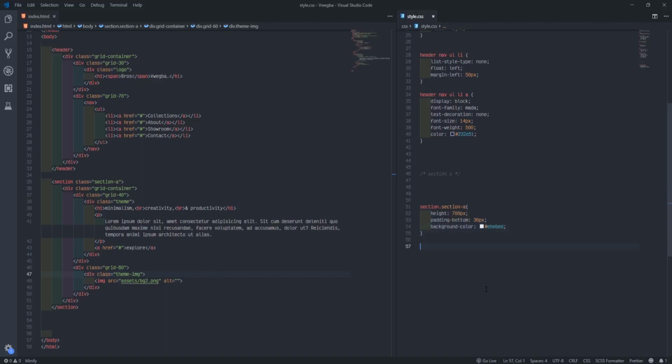So the next thing, I'll say dot section, section A. Inside section A, now look for theme, which is this div here. So I'll come here and say theme. Make sure this is a dot, because this is a class, so don't put a comma. If it's not a dot, you put the wrong thing. Dot and comma resemble each other, so they don't confuse you.